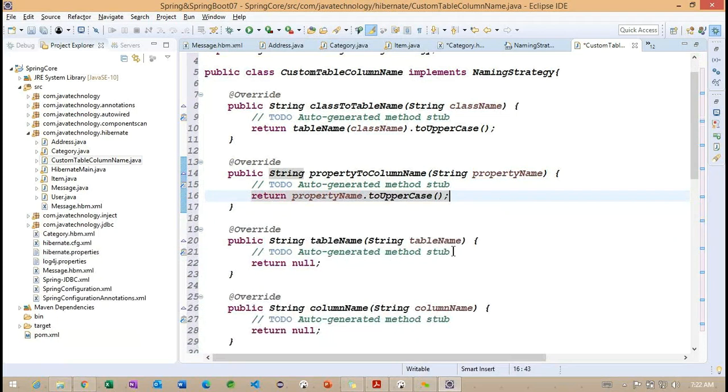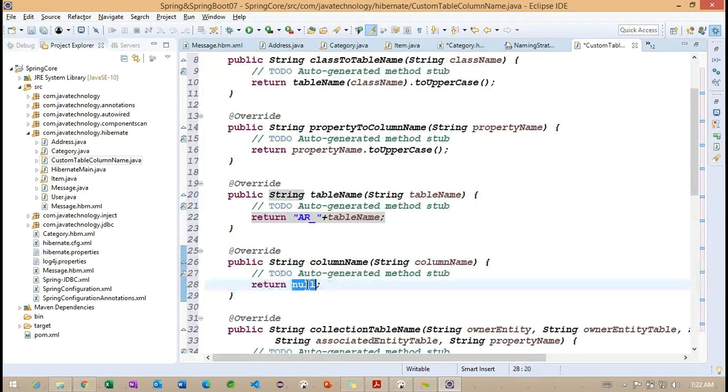Back to this particular table name, I want to provide appending here. So how exactly are we going to append? AR plus this particular table name. This is the way we can return this particular table name.